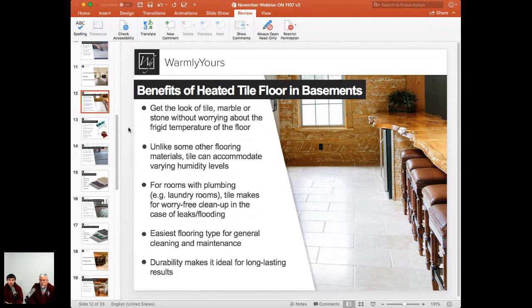Wait until the subfloor and the floor are completely dry. It would be a good idea to do a quick resistance test if you have the meter. This way you can ensure that there's no problem with that. And if it's all dry and the ohm test shows up fine, that's going to be a perfect time to test out the system. It should be all good. I wouldn't use the electric floor heat to dry out the floor